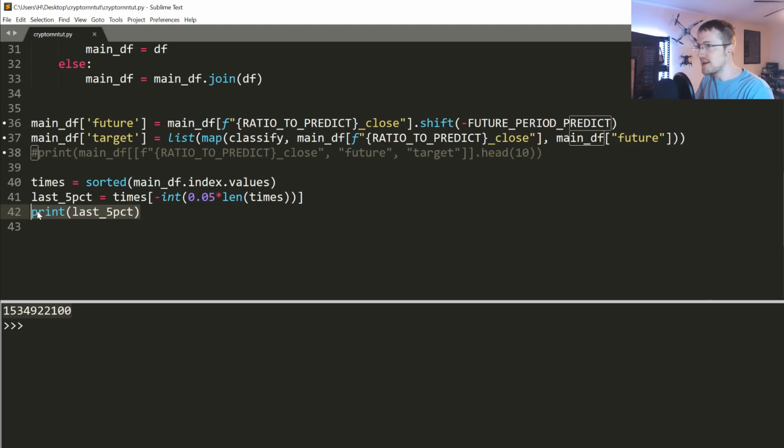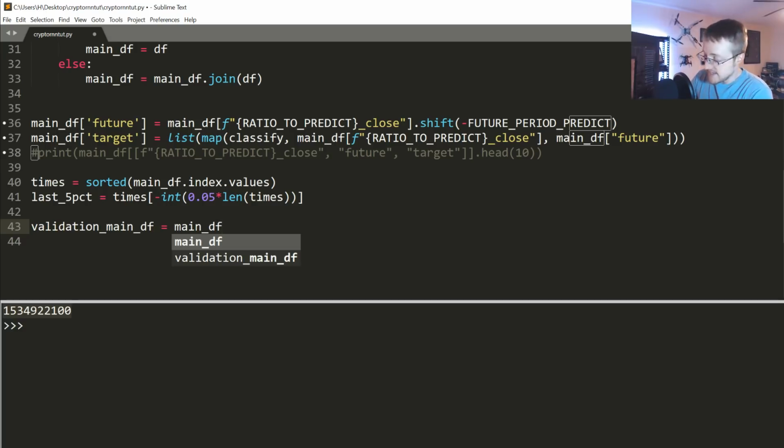Before we do anything else, we want to separate that out, because it can create a problem with normalization and stuff like that. I'm not going to worry about that right now in scaling. It's far more important that we get this right than anything else, and we can figure out a better way later. But we definitely want to make sure we get this right. So we're going to say validation_main_df equals main. Oops, that's main_df,